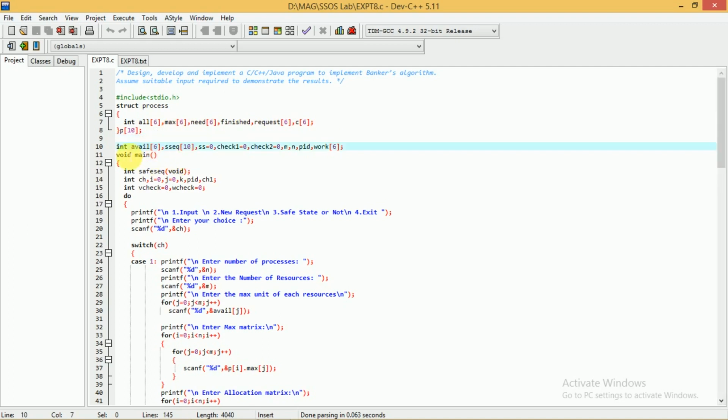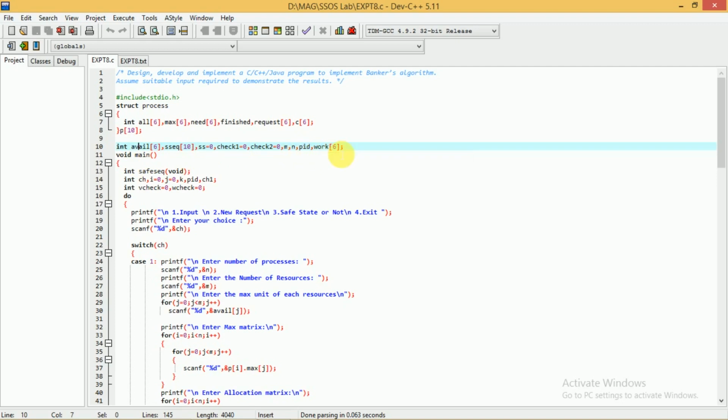After this there are some more variables that we require in this program. int avail, this is to store the available matrix. A sequence array, that is seq, to hold the safe sequence. After that ss, a temporary variable, check1 equal to 0, check2 equal to 0, m, n, pid and work.